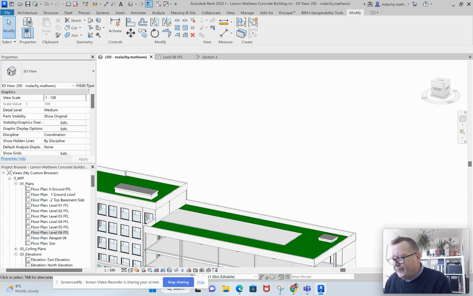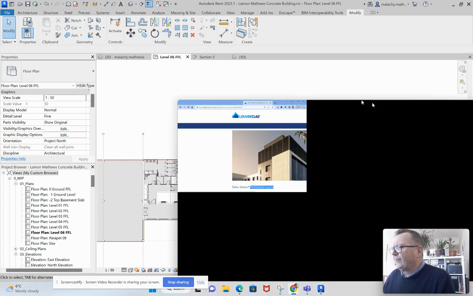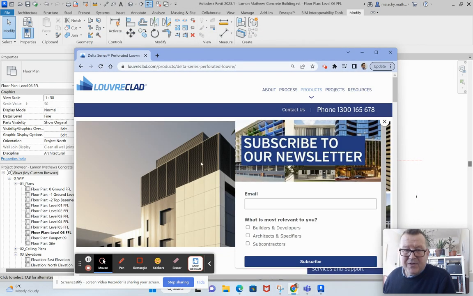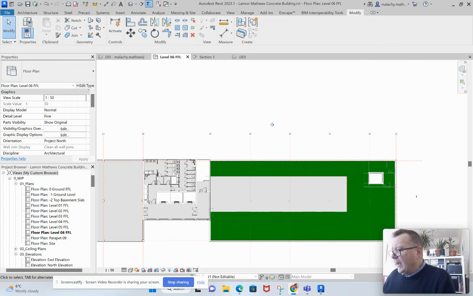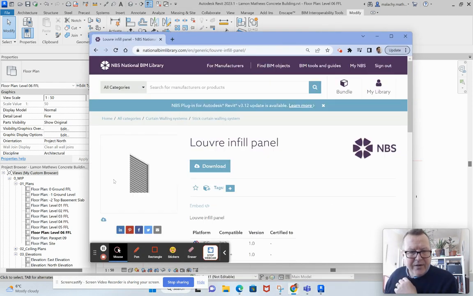So okay, we need to get a louvered curtain wall or a louvered panel in around here, and this is what I mean. It's something similar to that. That is generally what they do. So what I did was I went into the NBS BIM library here, and there's a louvered panel there. So I downloaded that,